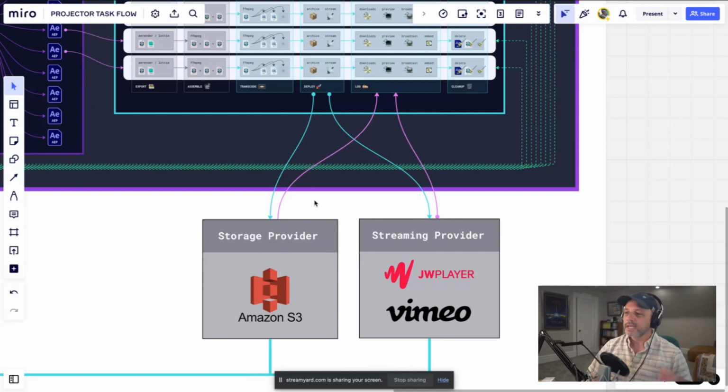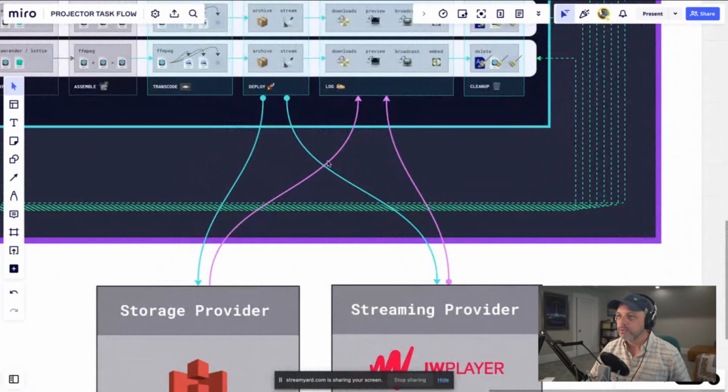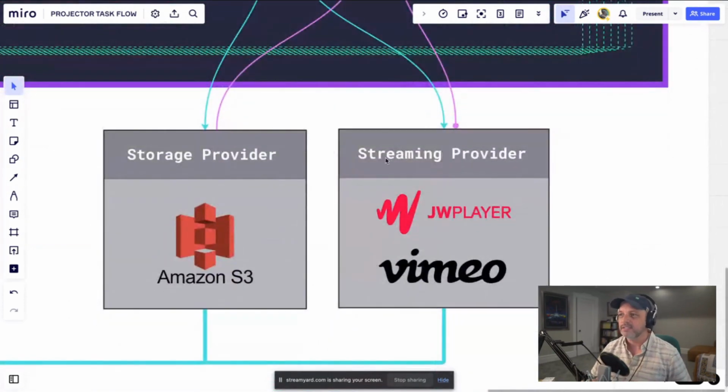So the next part of the deployment is what we call the streaming. And the stream is basically, it sends the content, the actual asset, to the provider. And out the gate, we're going to be supporting JW Platform and Vimeo. The reason we're doing this is because these are very old and tried and tested platforms. They have really great analytics systems, and they have very, very nice user interfaces to manage the uploads that Projector places in there. So these two will be launching with, but later on we'll be adding more video streaming providers.